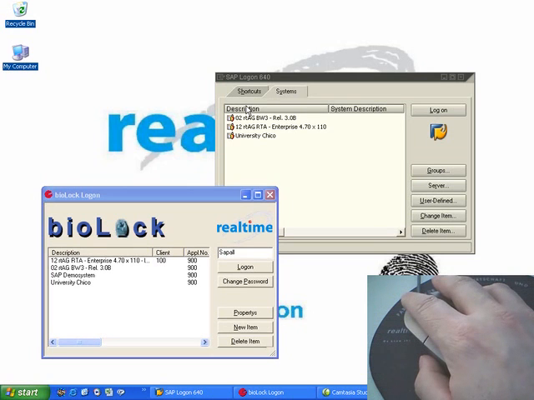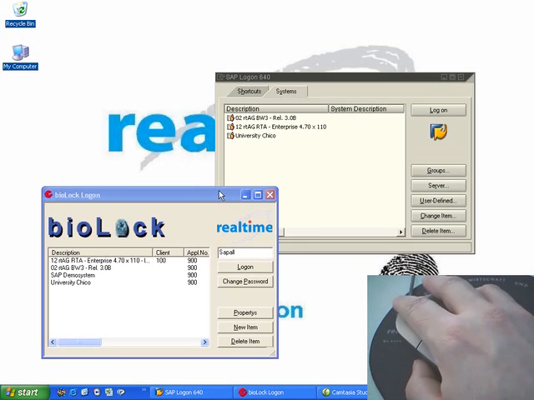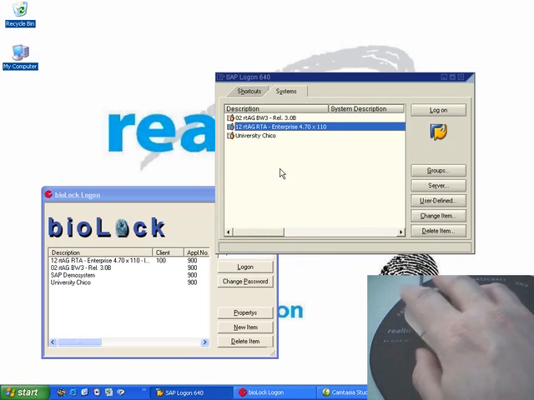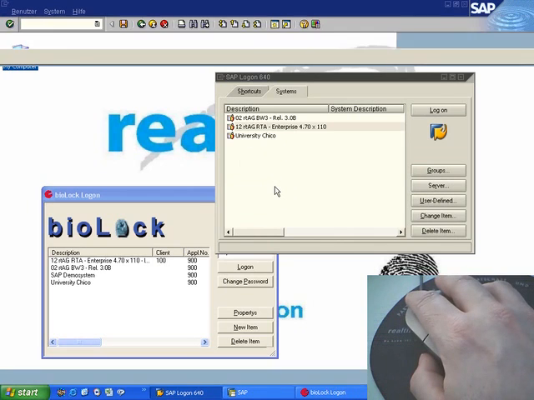In the next couple of minutes, we want to show you how you can increase security and convenience at the same time, and also establish clear accountability and enhance your compliance efforts, especially when it comes to Sarbanes-Oxley Section 404 identity management. What we're going to do is log onto an SAP R3 system, and the first thing we